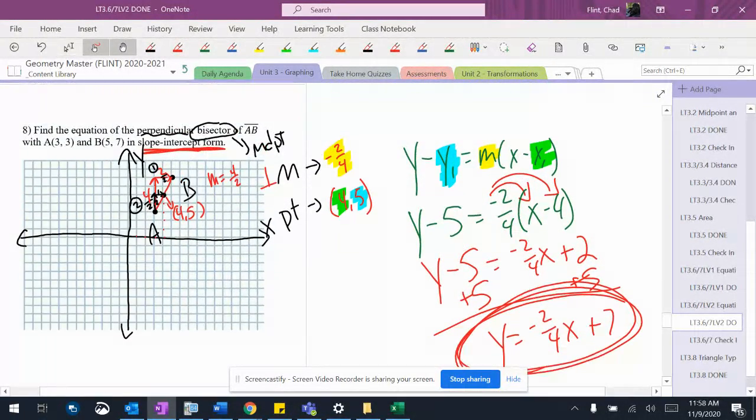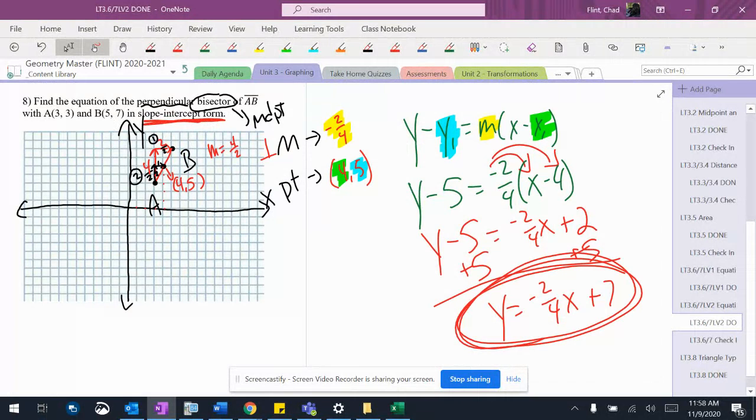Now if you compare that to the last one, I think this maybe is actually a little bit less work, because I don't have to solve an equation. But they're both about equally difficult. I really pay attention to